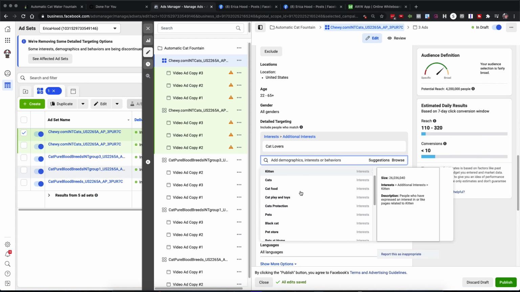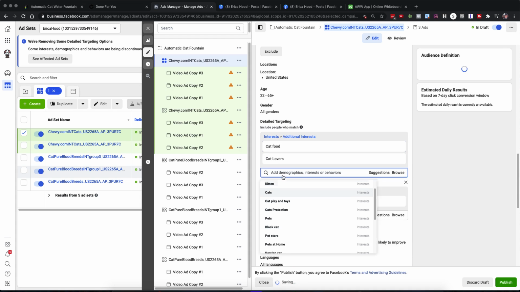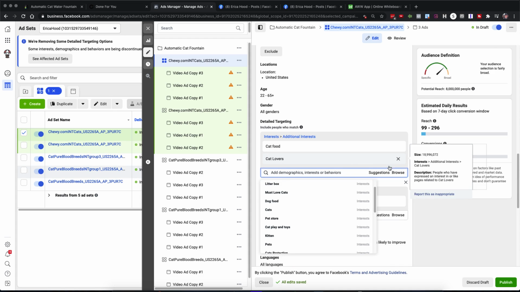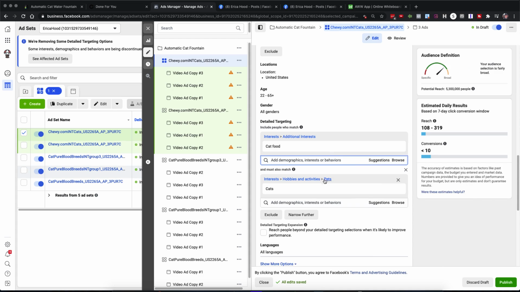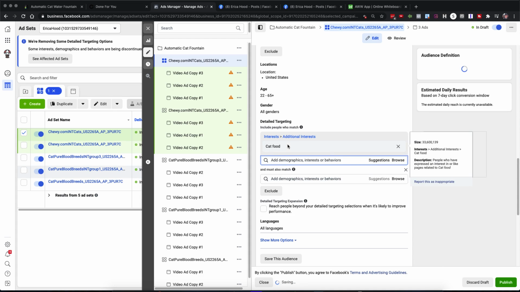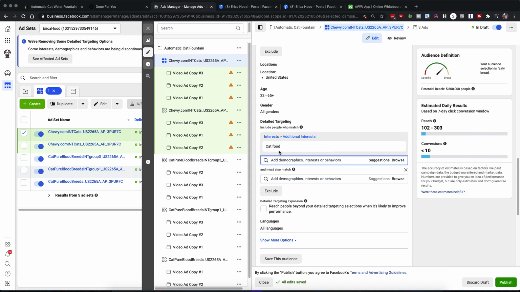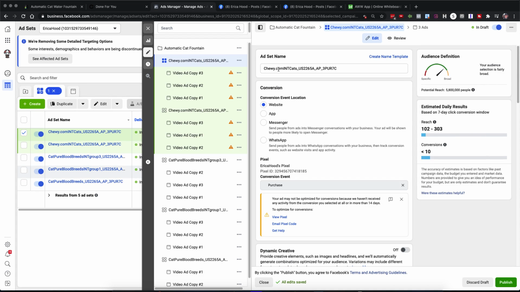So let's see. Cat food, definitely. If someone's going to buy cat food, that right there. So I'm going to remove cats, because if they're buying cat food, that automatically implies that they like cats, right? So this is 5,800,000 people. Maybe there are some specific cat food brands that we could target, but we'll just leave this one broad. This is going to be the broad cat food. So I'm going to change the name,